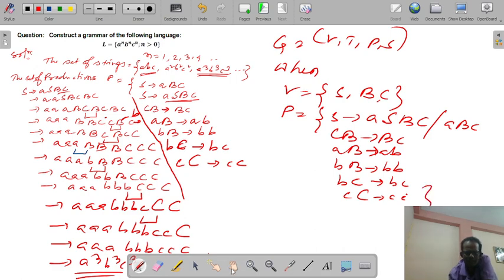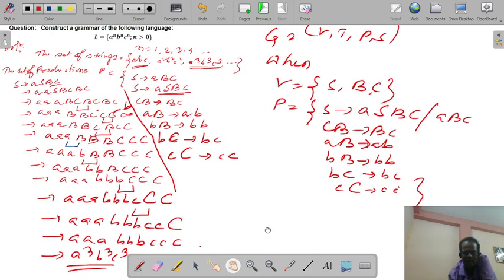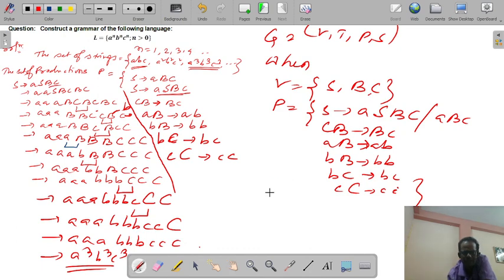These are the production set. And the starting symbol is S. So this will be the grammar corresponding to the language L is equal to a^n b^n c^n, where n greater than 0.